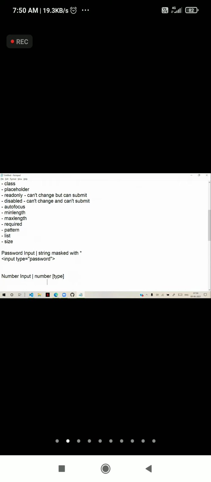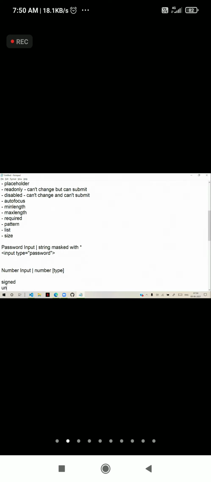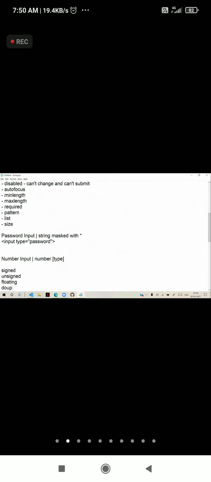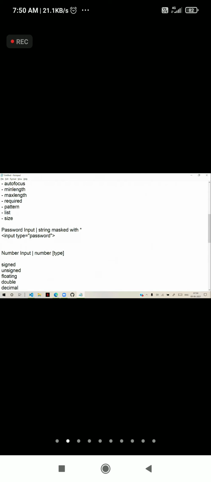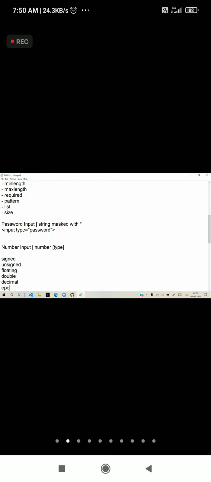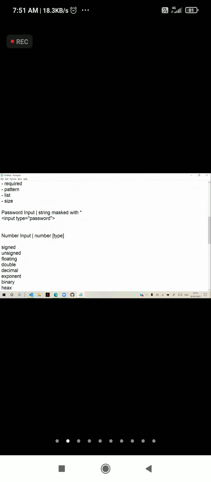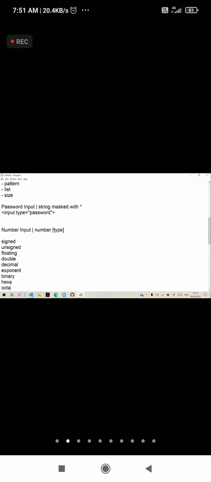Number type means actually we have signed integer, unsigned integer, floating point, double, decimal, exponent, binary, hexa, and octa. This all comes under number only. So it allows the number type.